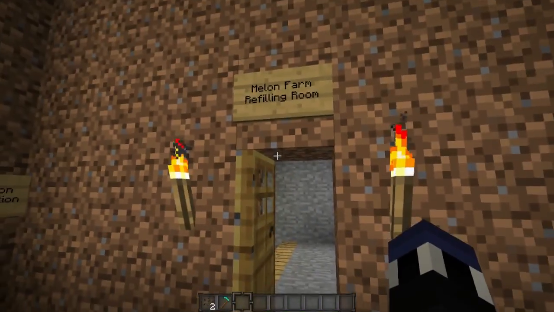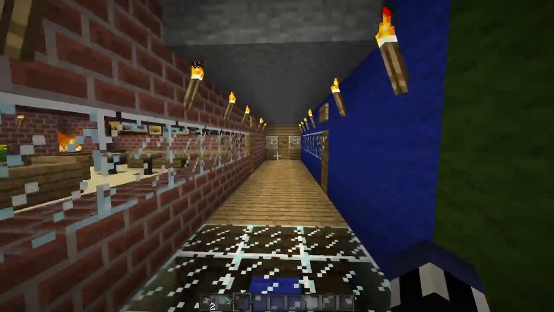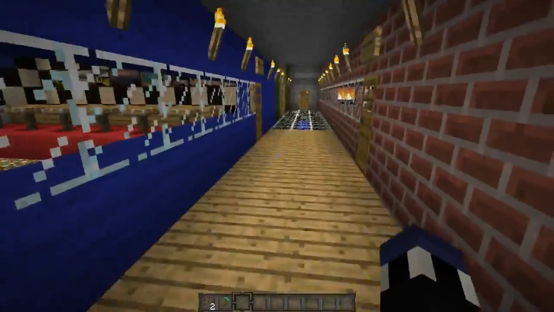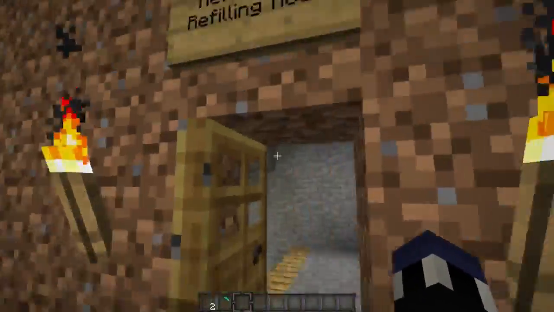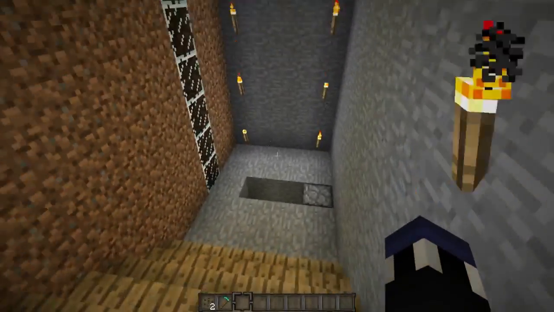I have created a door right here in my peaceful map. And if you want to see it in relation to the hub system, just look right here. This is how you can get to it, just by going through that door right here, traveling all the way to the end, and coming in here. And then if we go into the melon farm refueling room, I've created a little area right here,